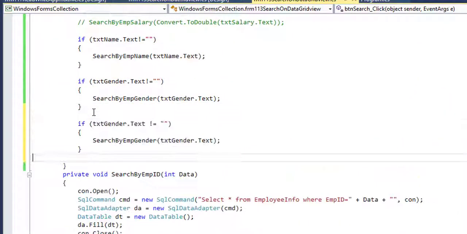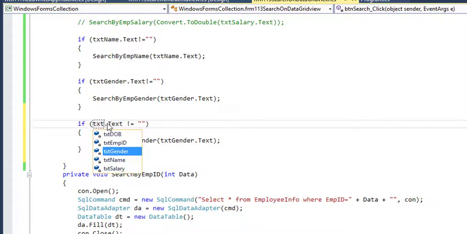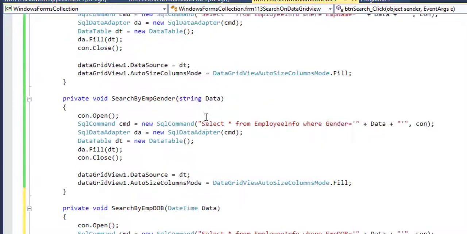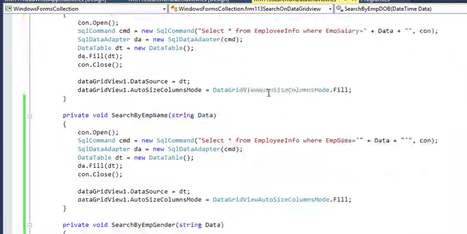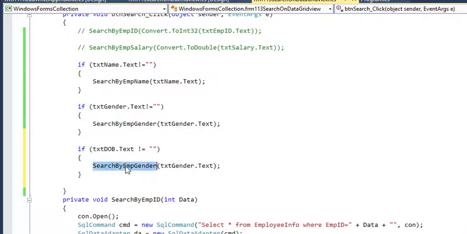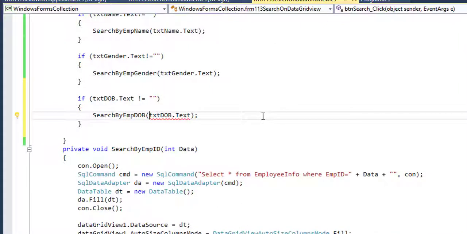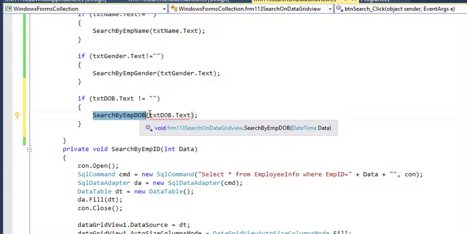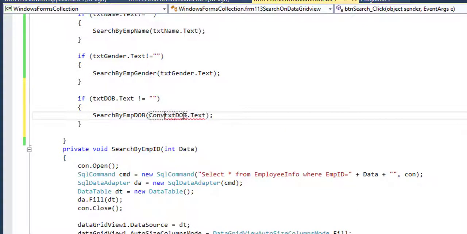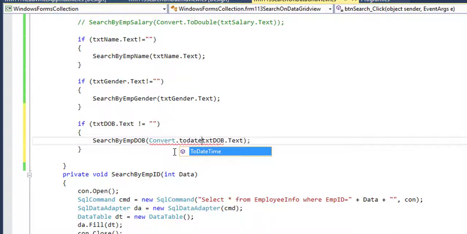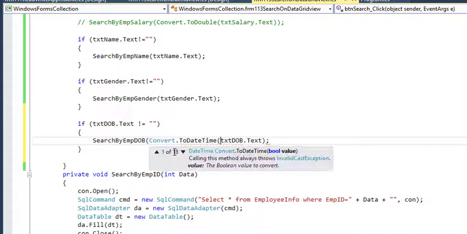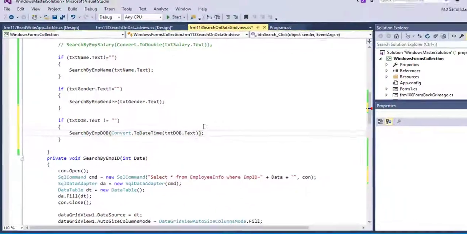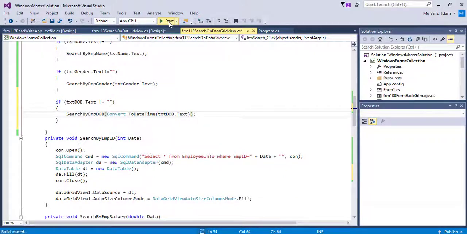Copying it, txt dob.text. See an error showing as text box returns string type and the method parameter is the datetime type. So we have to convert this, convert dot to datetime.